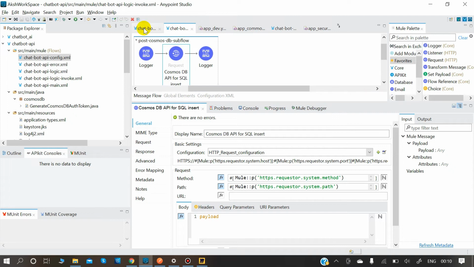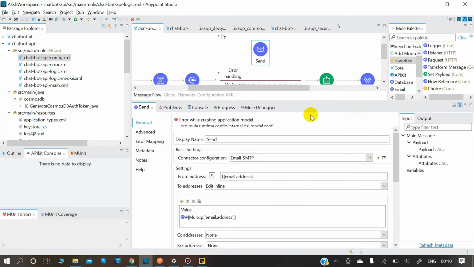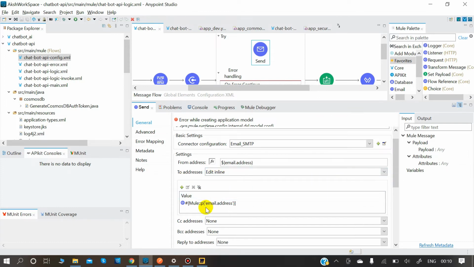The To address I have given as the same address, so basically it would send from there and get received by the same address. But you can add many, or you can send to the person who is sending these details to you. The user you can add depends on your business case scenario.